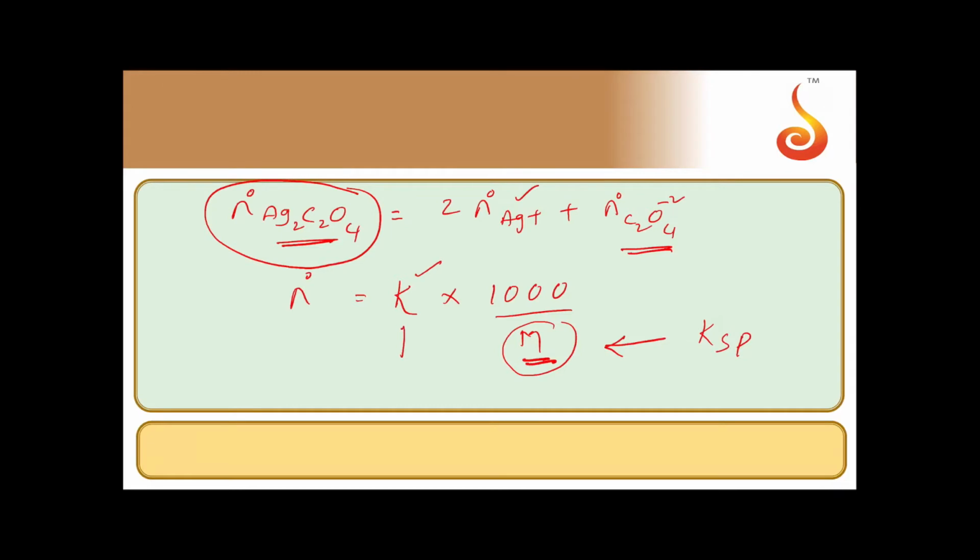For κ, they have given the κ of the solution as well as the κ of the water from which it is made. From those two we can find the κ of silver oxalate. Let us do it stepwise. Step 1: first we will calculate the molarity of the solution. They have given the Ksp of silver oxalate, Ag2C2O4, as 1.2 × 10^-11.